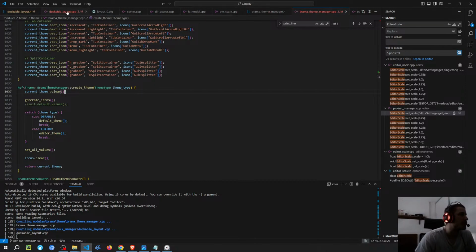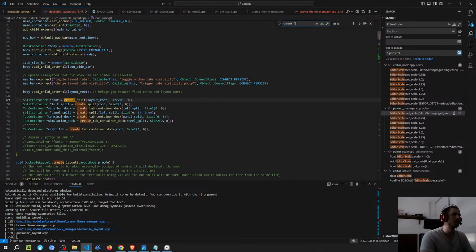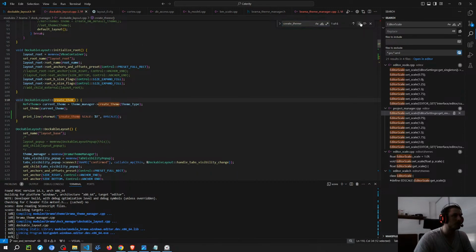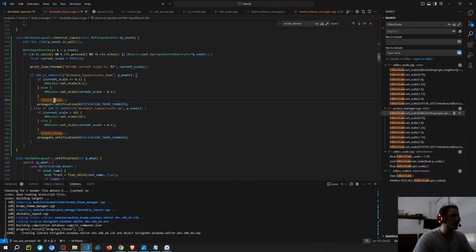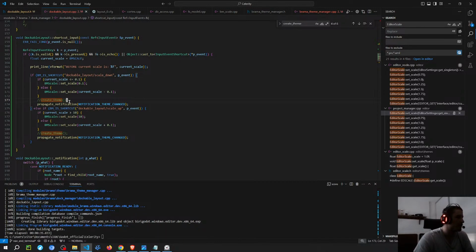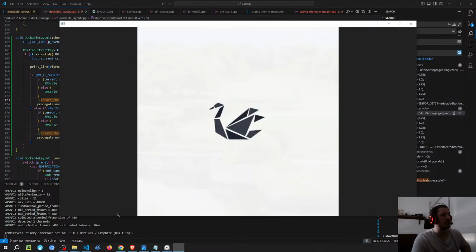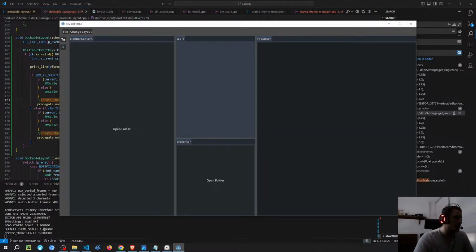Oh, I also need to go back to call and create theme there, I think. I'm gonna test like this first. There's something weird. I think it takes a lot of time to initialize the theme again, so it's probably not the best to do this. I'm gonna test like this first. I'm gonna uncomment this. Then I'm gonna think about a different strategy if it is slow, or if it's crashing. So now it seems that it's one, which should be